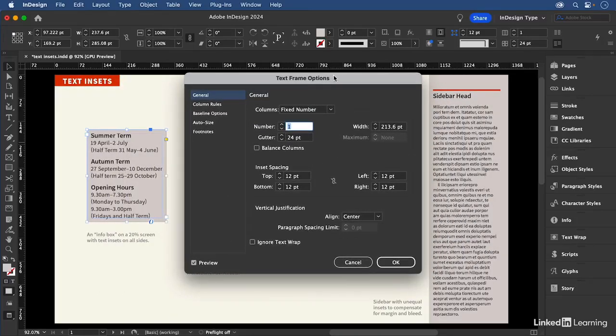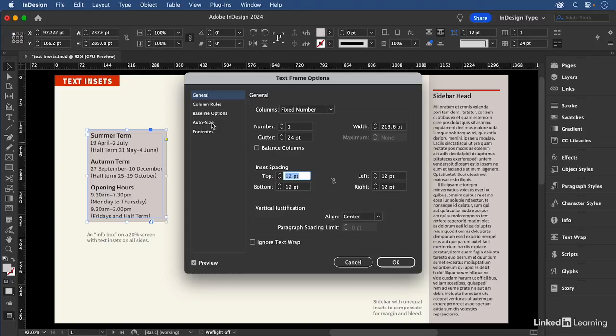So I want to just point out a few things here. This first text frame has inset spacing. It's even inset spacing, and it's functioning as an inner margin. So rather than apply the indents to the text, I've applied an inset to the frame. Also, the text is aligned to the center, so there should be an exact amount of space top and bottom,